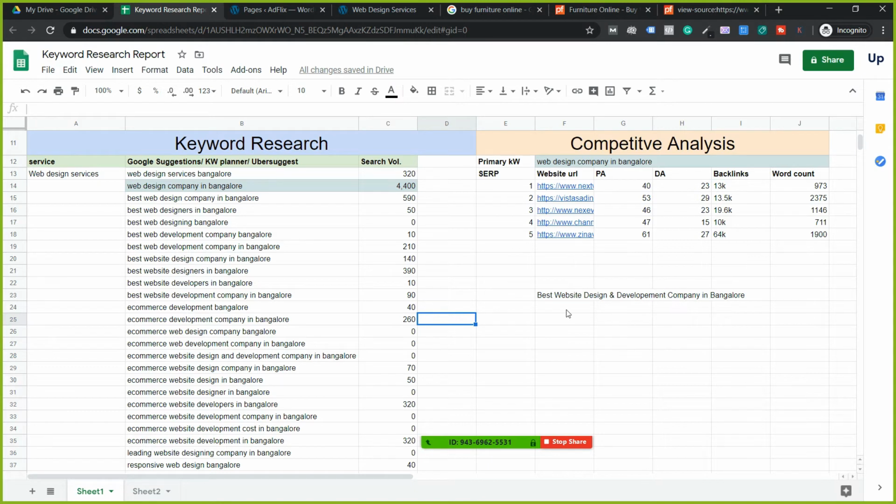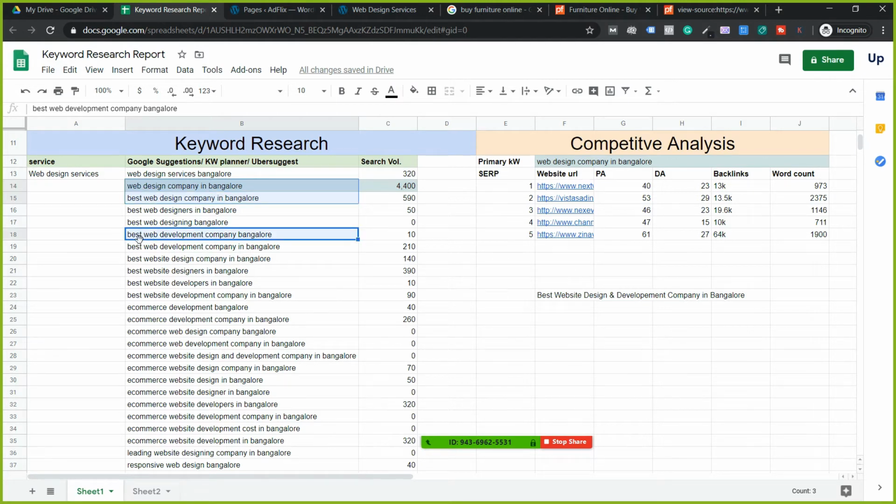So when website, web is covered, that's the reason I'm going to put website, because web design and website development are both the same. Now I covered this keyword, it is used. Next one, best web design company in Bangalore. The second keyword is optimized. Web designers I have not used. Best web designing is not used. I've used design, not designing.